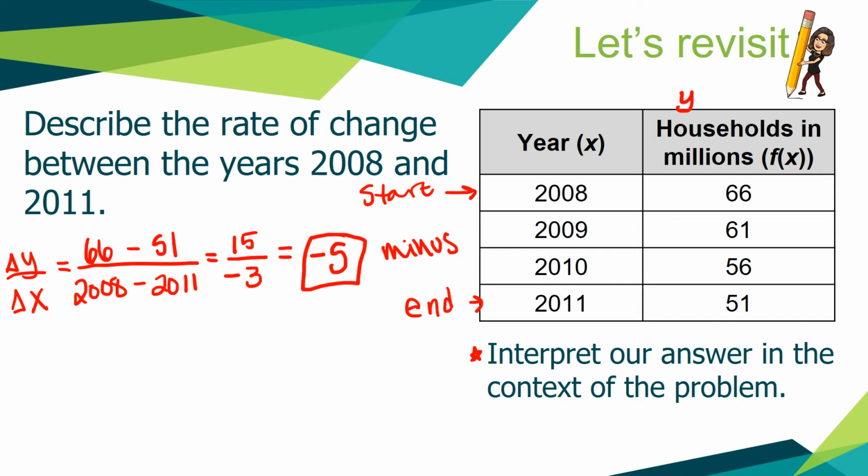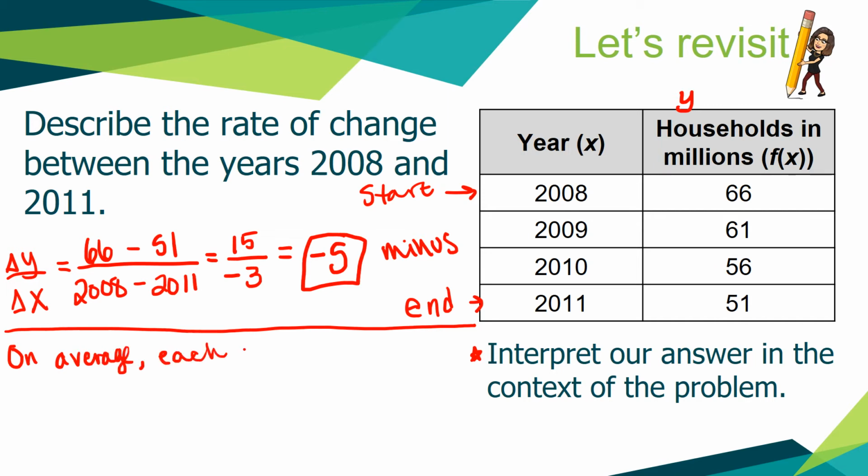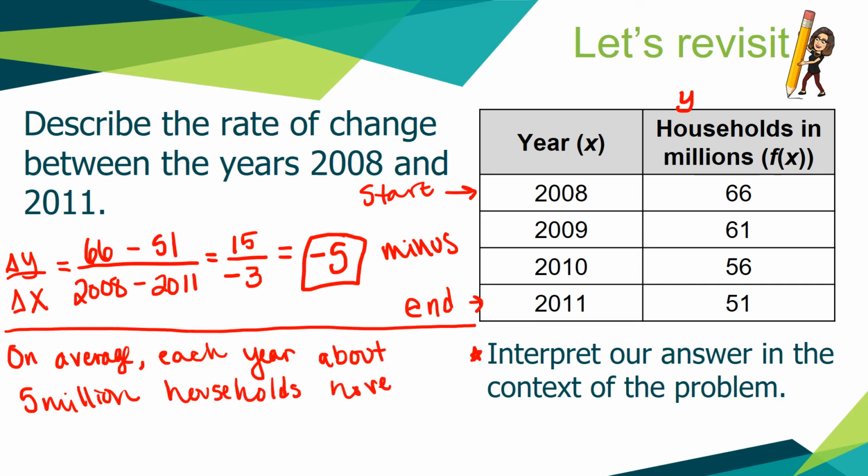What this -5 means is that, I'm going to draw a line here so I can write my answer. On average, each year from 2008 to 2011, about 5 million households have gotten rid of, because that negative sign is telling me that it's decreasing, right? Have gotten rid of landline